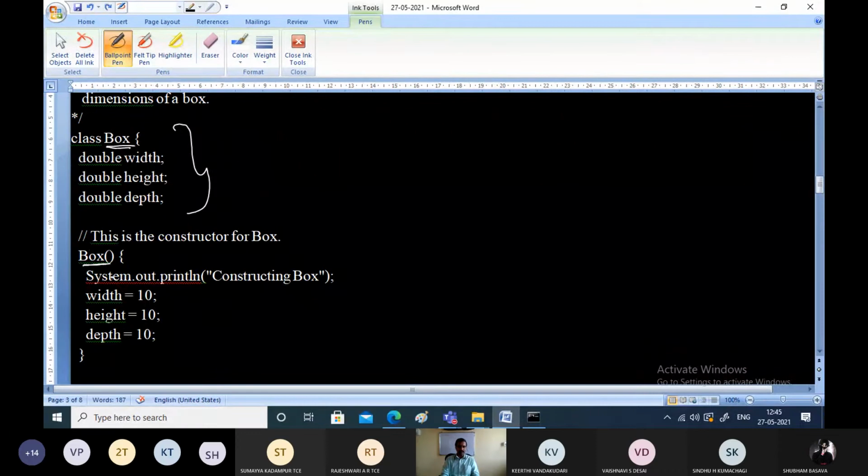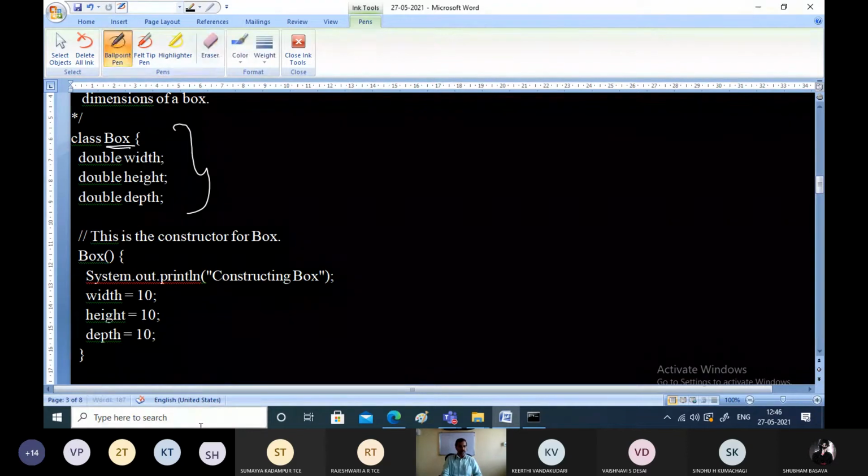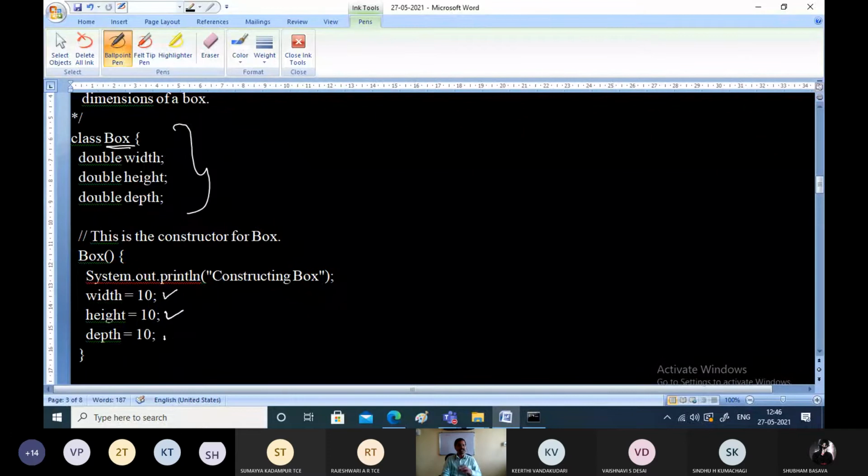This method will be automatically called whenever you create objects of the class. So what is happening within the definition of the constructor? We are just displaying a message saying constructing box, and we are assigning default or initial values.